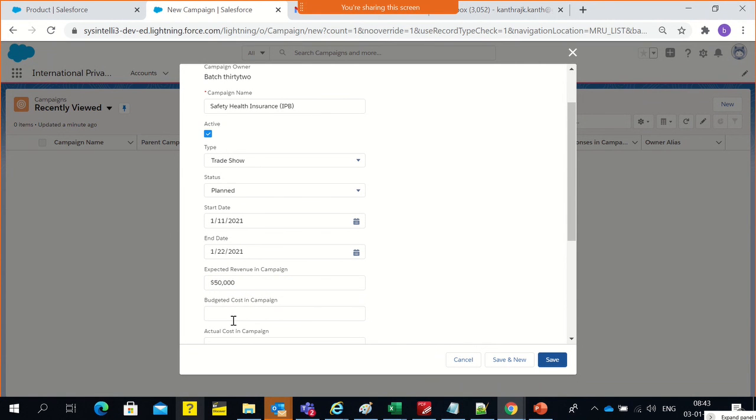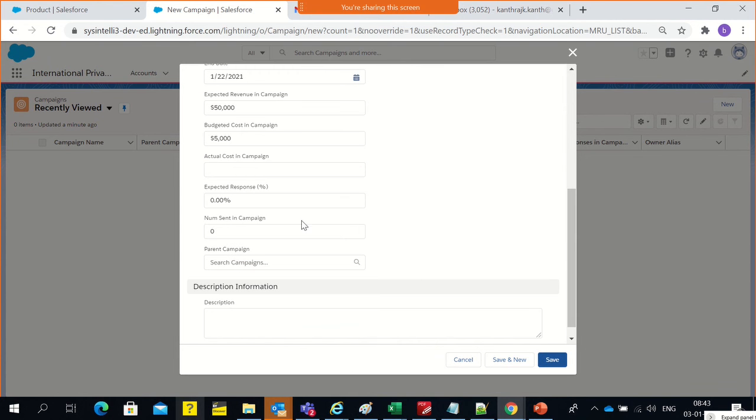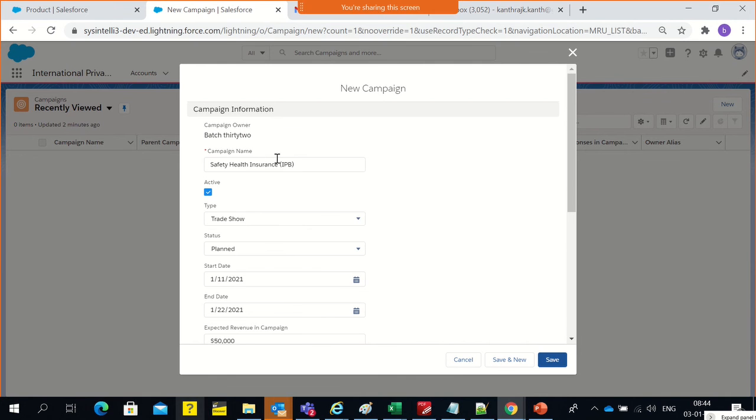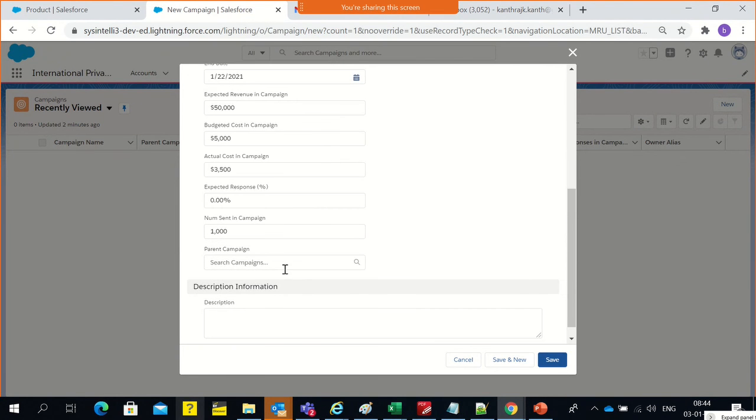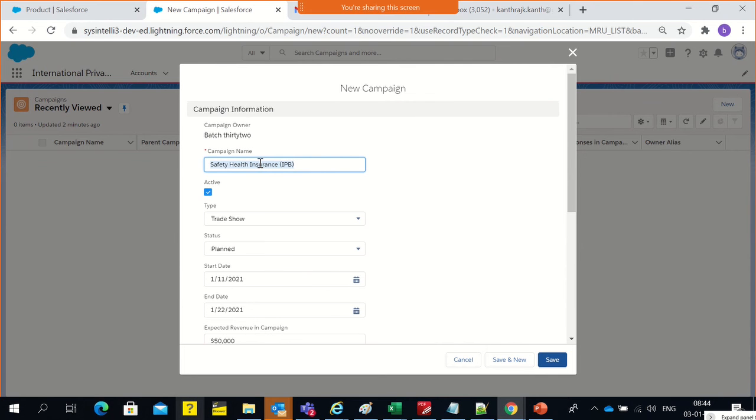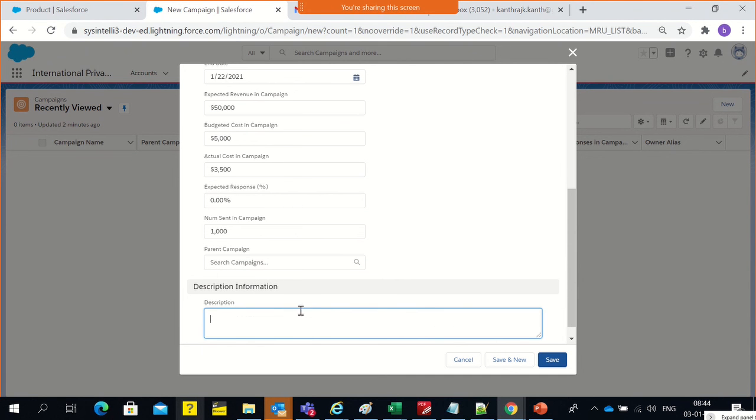A random number. So the budget I would spend for these trade shows and webinars and other stuff is maybe at least $5,000. Actual cost may vary from 3,000 to 5,000. Number of campaigns already sent, I think, email to 1,000 people. And if I have any parent campaign running around the area, I can choose which is the parent campaign I'm running here. Since I don't have anything, I don't care. So Safety Health Insurance VBB 2021